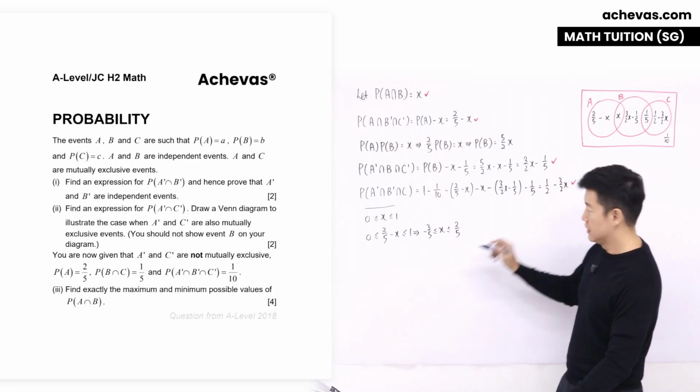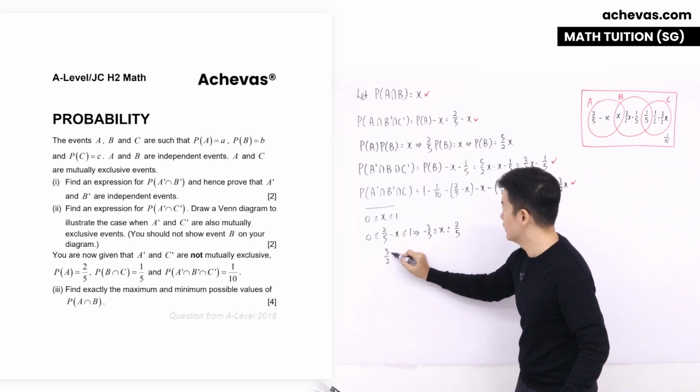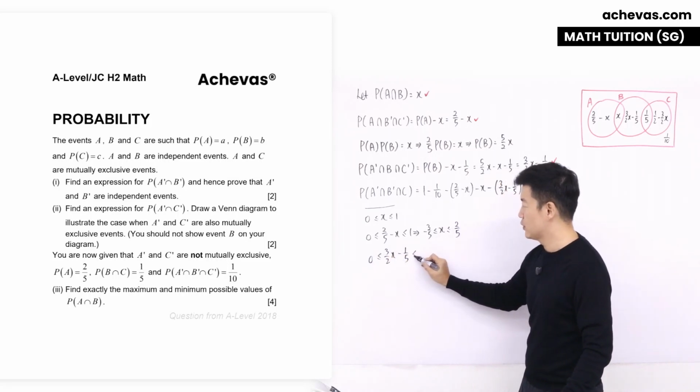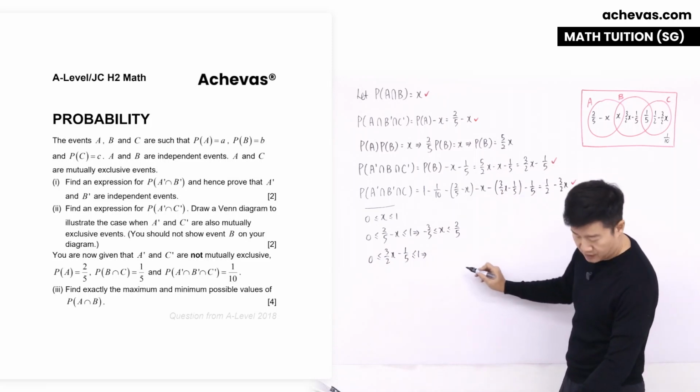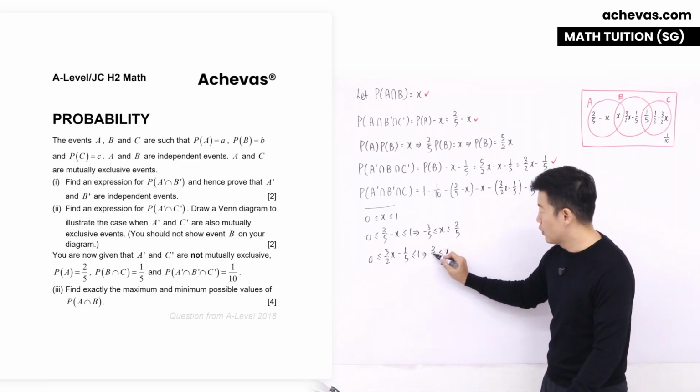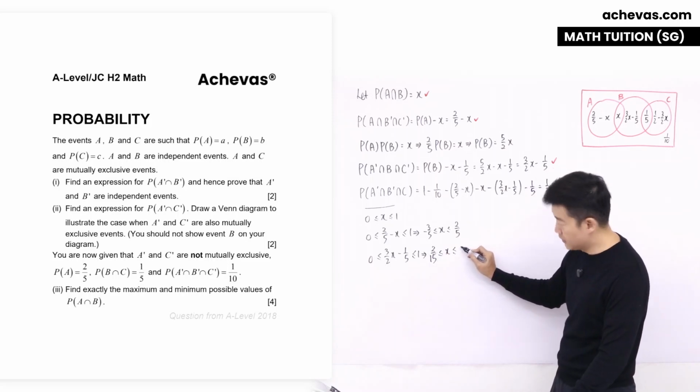Then this we have a 3 over 2x minus 1 over 5. This is going to be bigger or equal to 0, less than or equal to 1. So for this, x is going to be bigger or equal to 2 over 15, less than or equal to